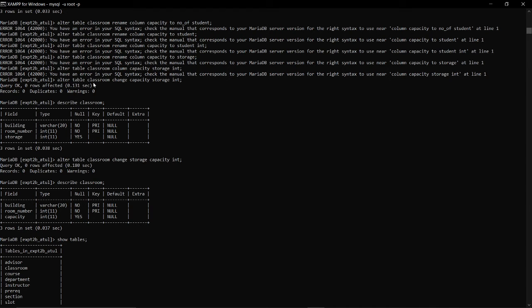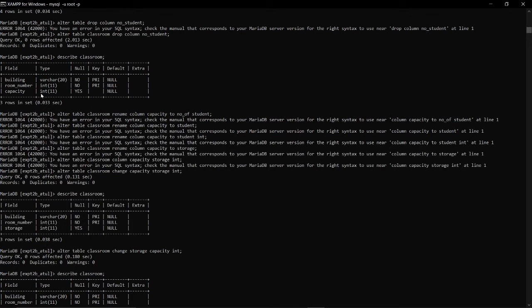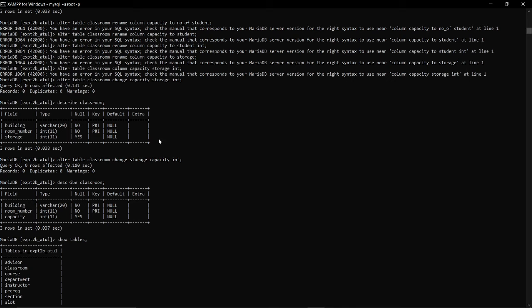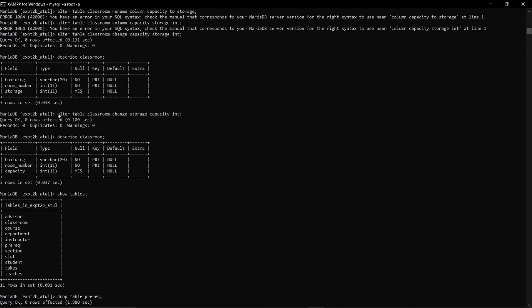Classroom is the table name, change, capacity is the old column name, then the new column name storage, and its definition is int or char. So capacity is changed to storage with data type int. And we can redo the things again. Alter table classroom change storage capacity. So storage is again changed to capacity.